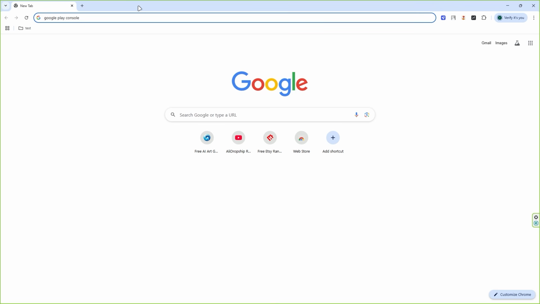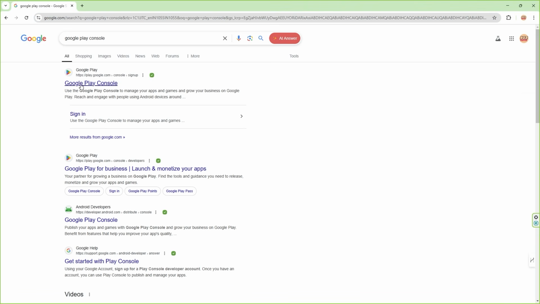Alright guys, so before I show you how you can upload an Android app on Google Play Store, I want to show you how you can create an account on Google Play Console and how you're going to pay $25 registration fees to get your Google Play Console account. So perform a Google search for Google Play Console and open up this first website,